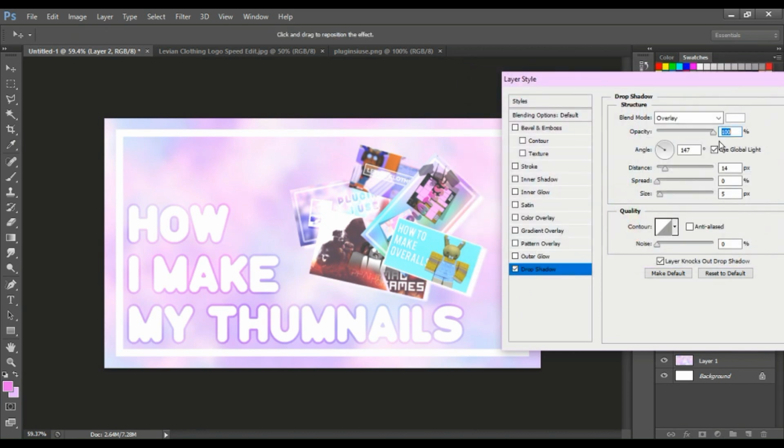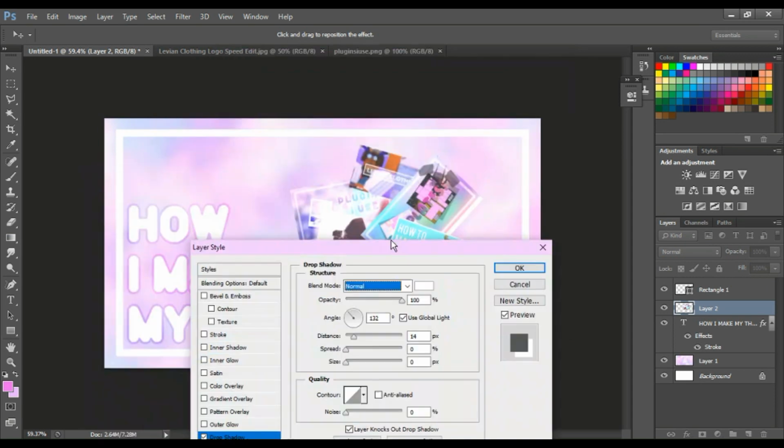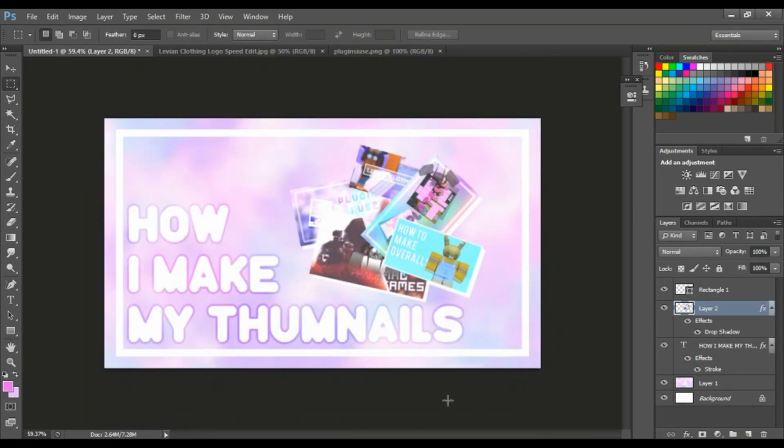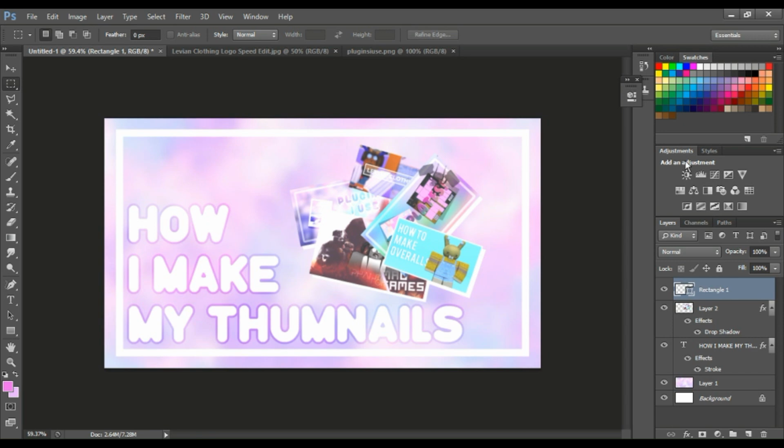Yeah, so that's pretty much what I did, and that's basically all for my thumbnails. I also double check if I made any spelling mistakes, but it seems like I didn't. And then after that, I just merged down all of the layers that I have, and I save it as a JPEG file because that's the higher quality. And then I save it in a folder where I keep all my thumbnails. And that's basically how I do it.